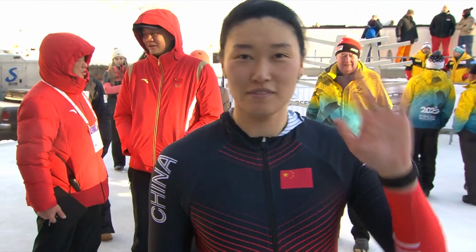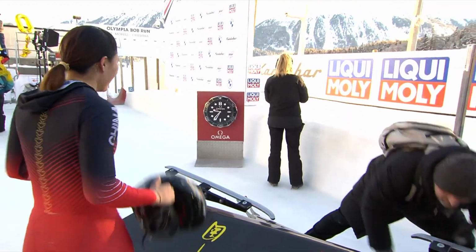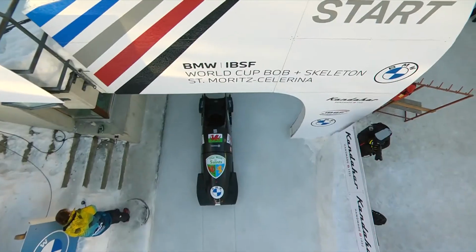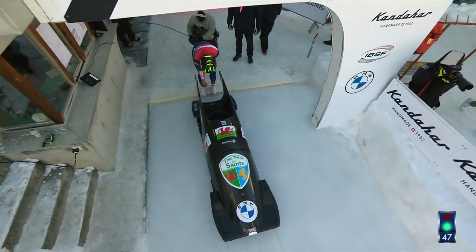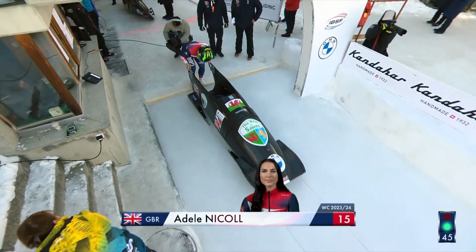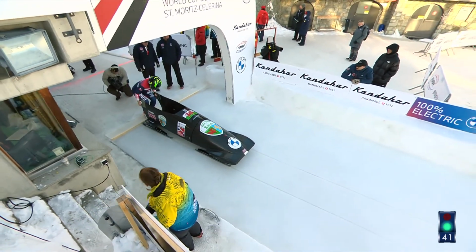And that took 2/10 out of the sled, probably by the finish line. Yes, till Sachs you were leading. Yep, there you go, till Sachs you were leading. And also he'll go, did you hit the woodwork? Not on that run. Next up, Adele Nicol for GB, made her debut in Innsbruck, so this is only her